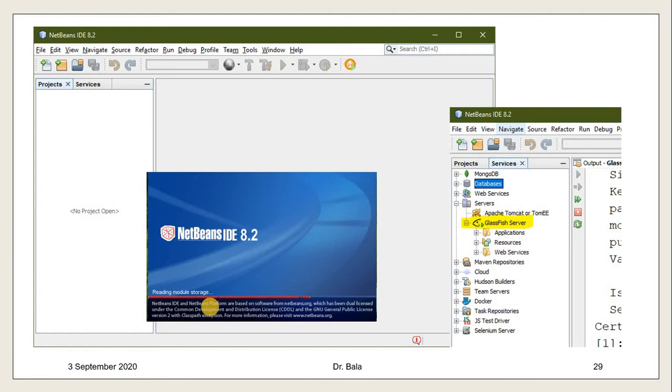So we are going to open NetBeans. Once you have opened it, this is an IDE. It shows projects, services. You have menu, you have shortcut menu here. All this will be open. Once you click on opening the services, you will find this tab where you can find servers, in which you will find Glassfish server. Once you start running your application, you will find the application in the application area.